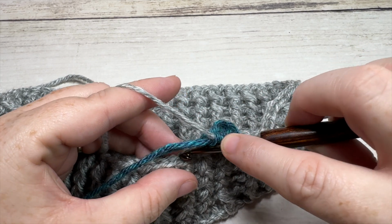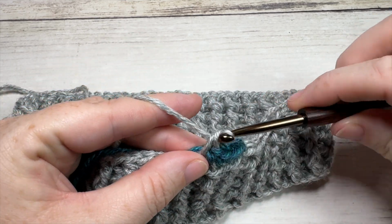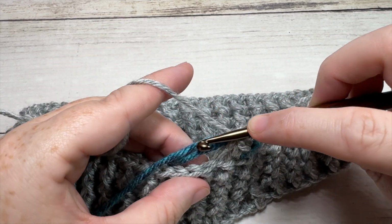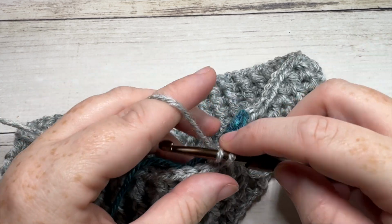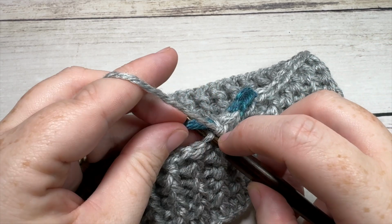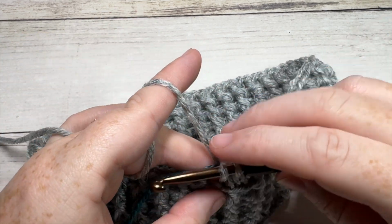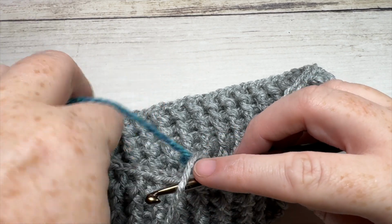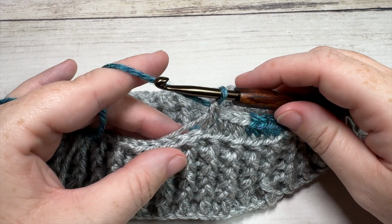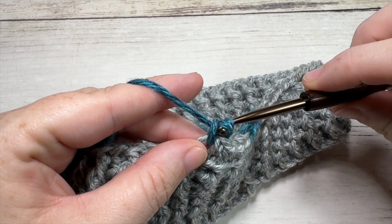Again, continue working in the back loop only and work over top of your color B. So there's 1, 2, 3, and 4. Again, we want to switch back to our color B, so insert your hook, yarn over, draw up a loop, drop your color A, pick up your color B, place it on your hook and pull through. You're going to repeat this all the way around, working 4 stitches in color B,